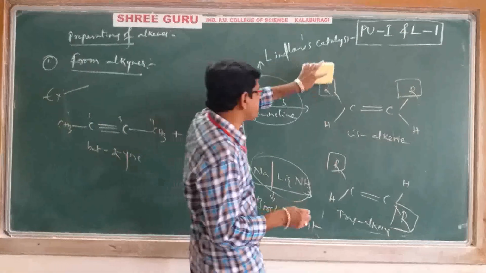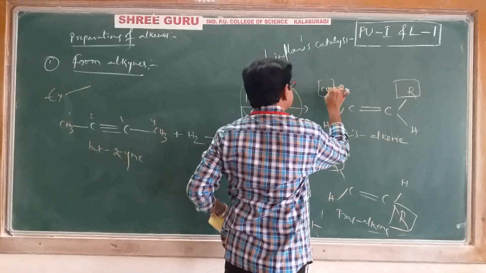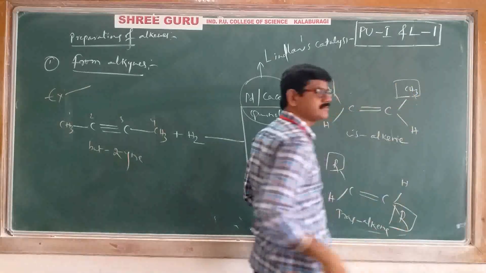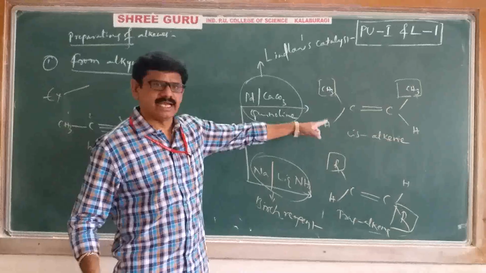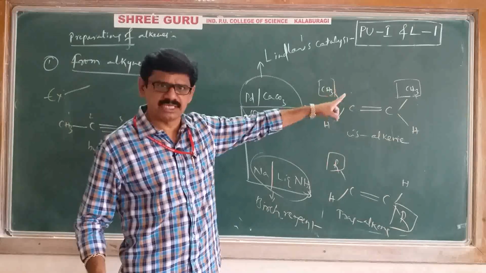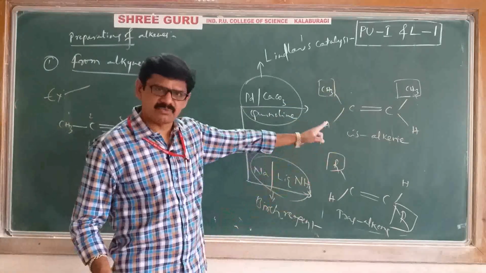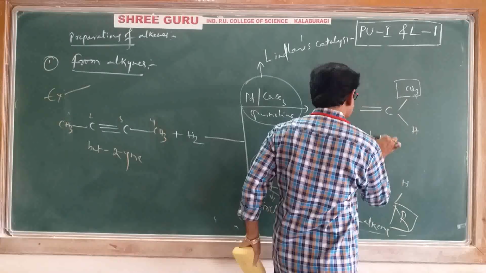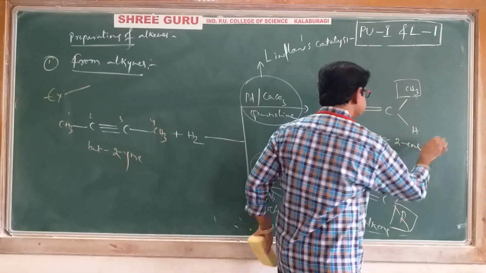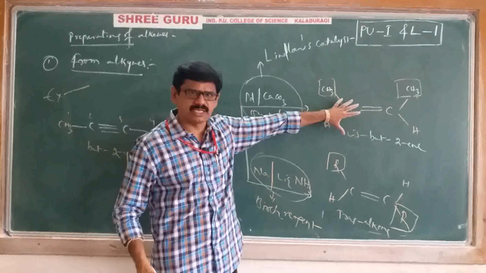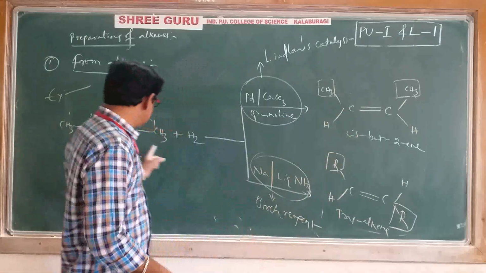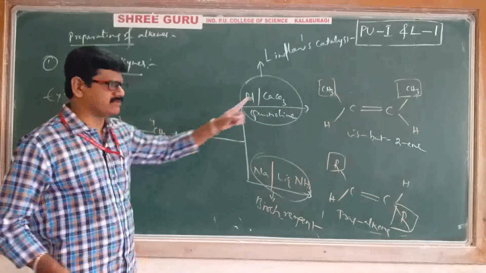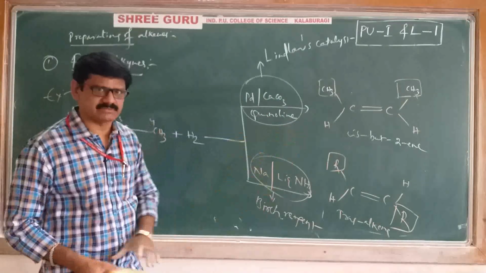Wherever R is there you just write a methyl group, that's it. CH3, over. And it is surely a cis structure only, and its IUPAC name is cis-but-2-ene. Definitely it is a but-2-ene only. It is a cis form. See, but-2-yne is converted to but-2-ene by the addition of hydrogen.